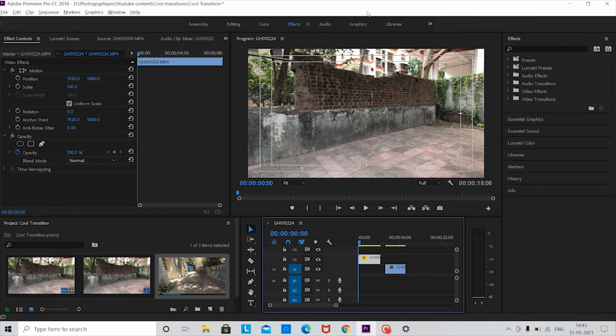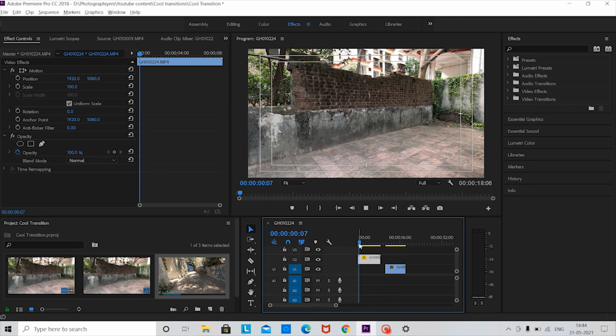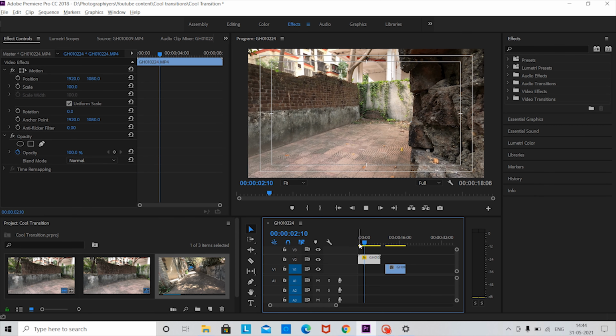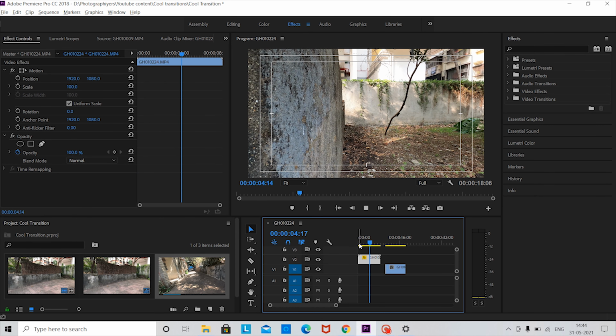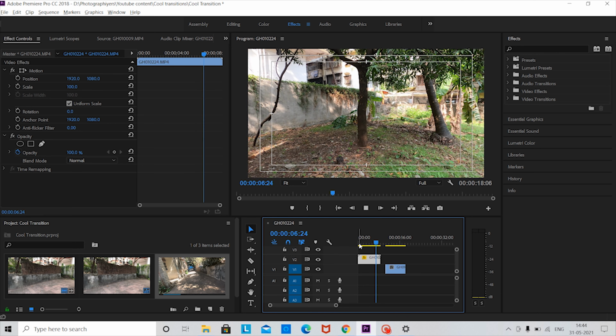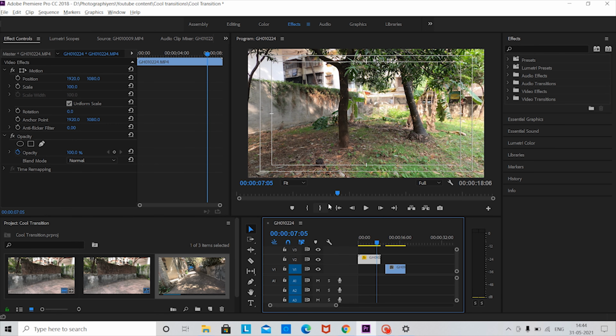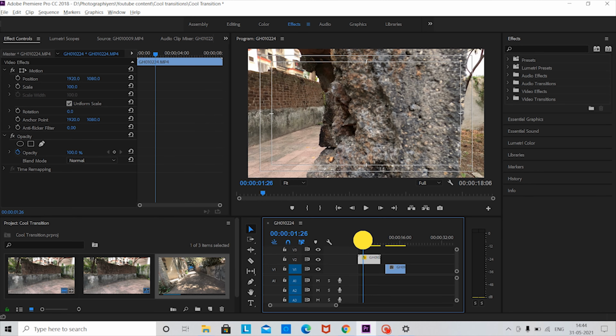So what I have done is, over here I have already imported both the videos which were used in the clip, which you guys also saw. So I'll show you the entire clip, what was there besides the wall. So here you go. There was this green backyard which I have replaced with the other clip which I had shown you guys. So yeah, let's start the process.